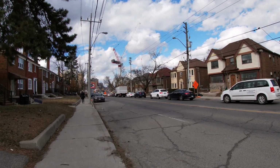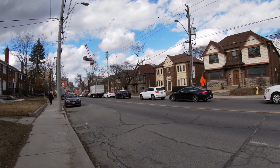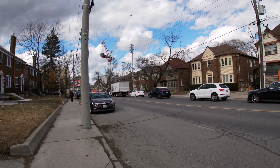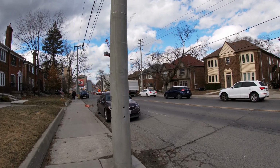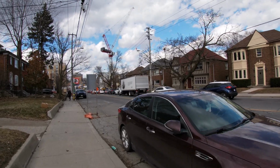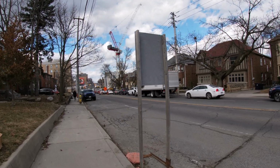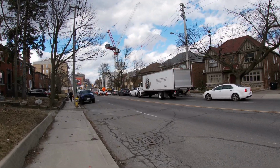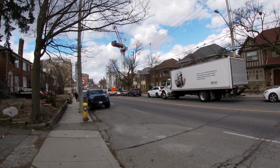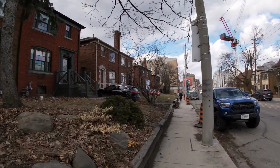I crossed the Bloor Street Viaduct in my video, I think about a week or two ago. It was a long video. What was it? I think I ended at Parliament and I started at Leaside. Yeah, I think the video was Leaside to Parliament or something like that. So I went over a couple of bridges